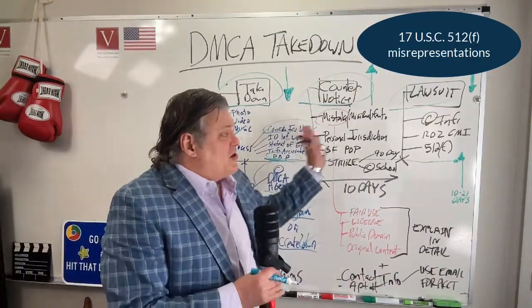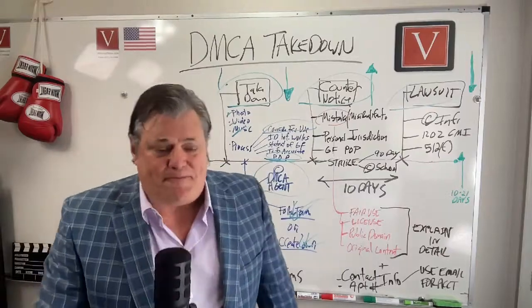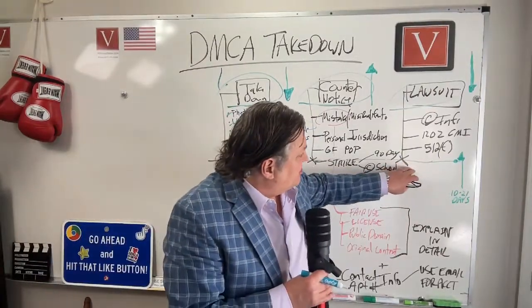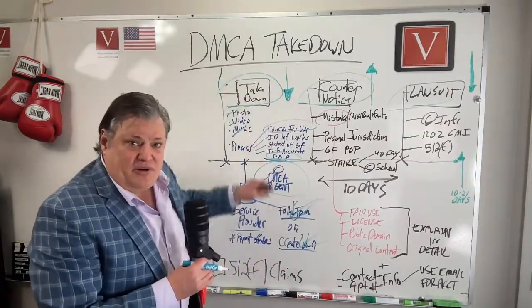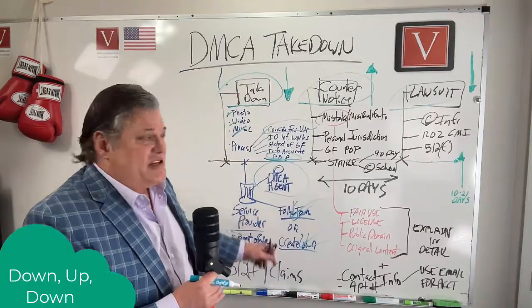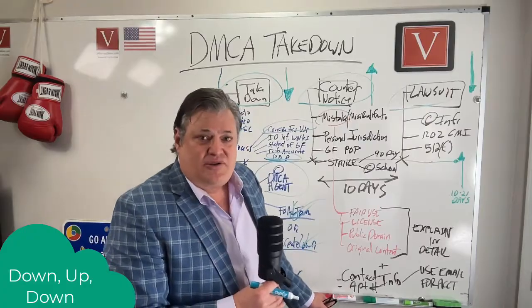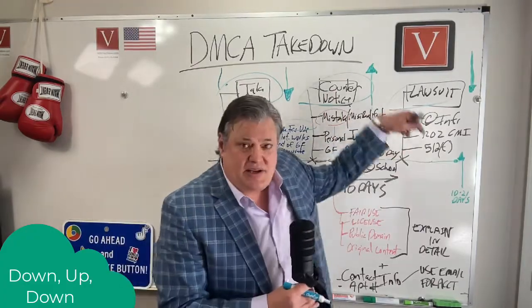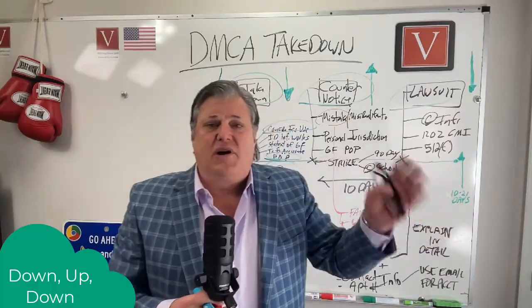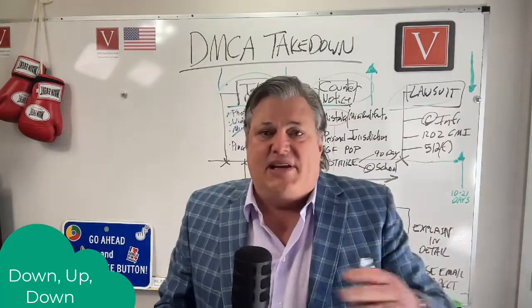Now, if this other party says, well, I'm going to file a lawsuit, the content comes back down. So here, follow the arrows. Takedown, image comes down. Counter notice, Google says, yeah, it's good to me, goes back up, lawsuit within 10 days, content comes back down. How simple is that? 1, 2, 3, the DMCA takedown process.